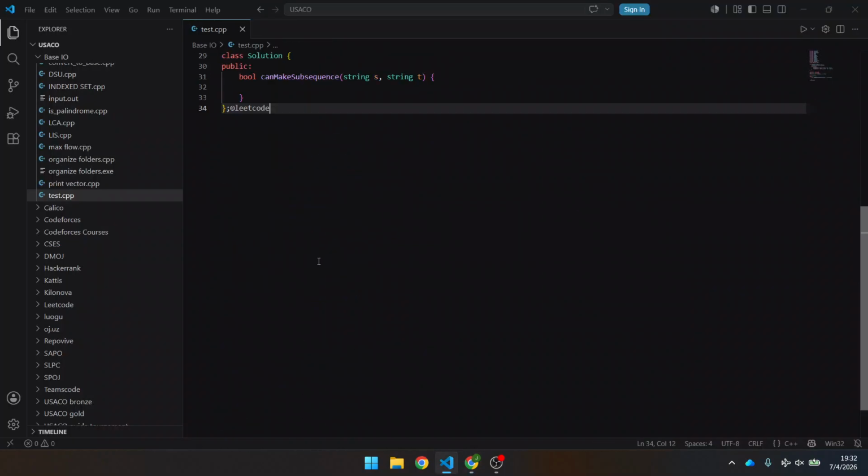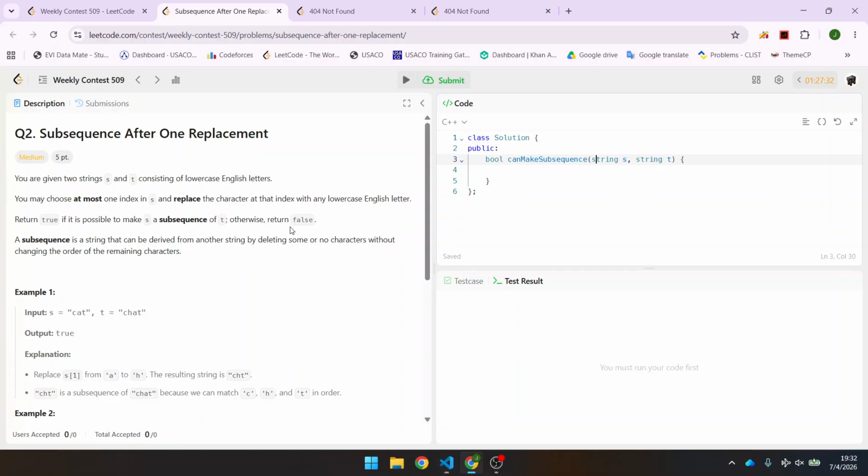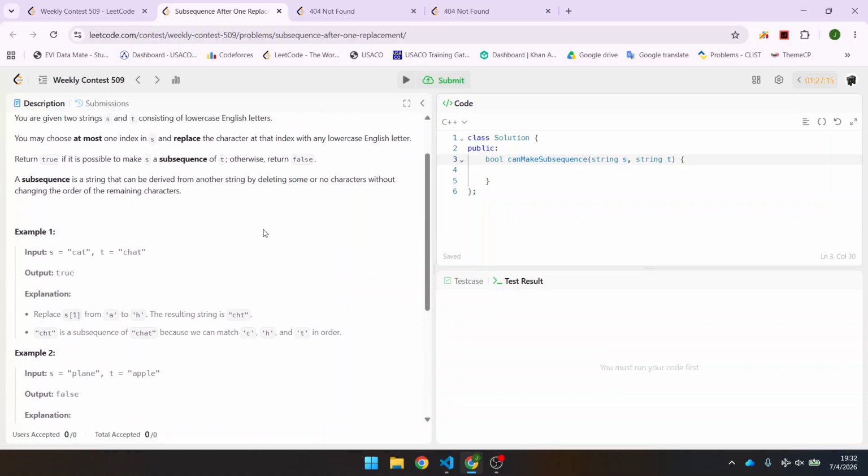Subsequence after one replacement. You are given two strings S and T consisting of lowercase English letters. You may choose at most one index in S and replace the character at that index with any lowercase English letter. Return true if you can make S a subsequence of T, otherwise return false. Length is up to 10 to the 5. So if it can be a subsequence of T,